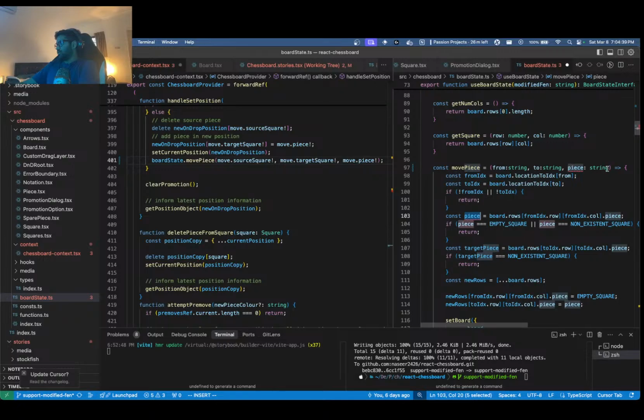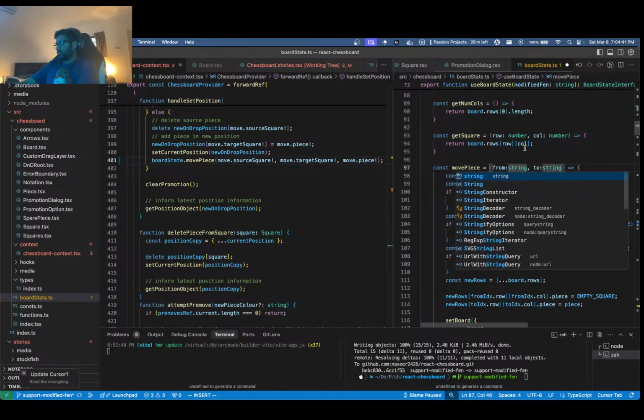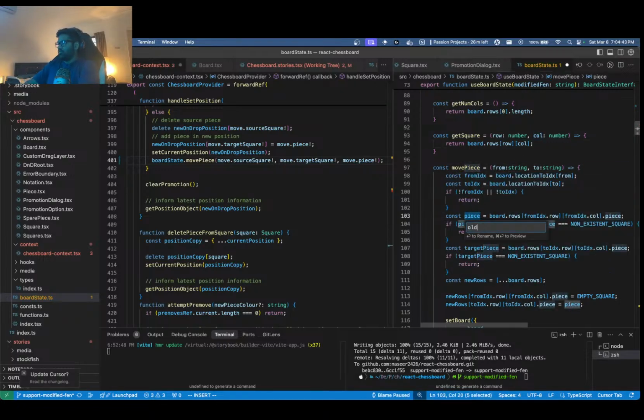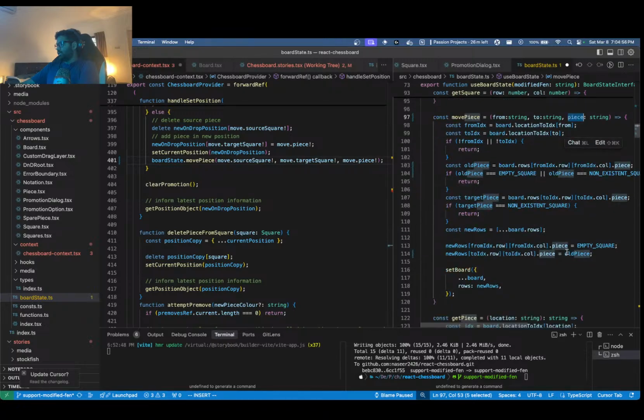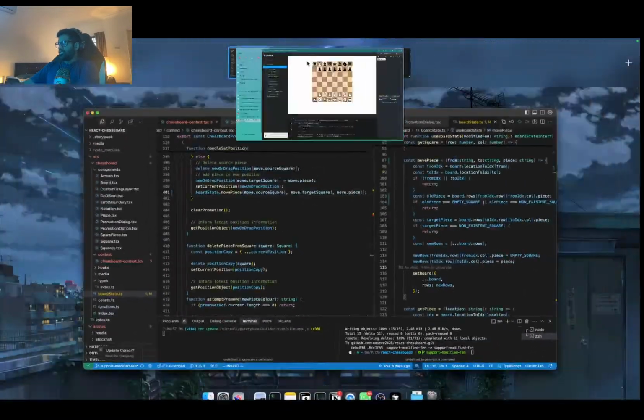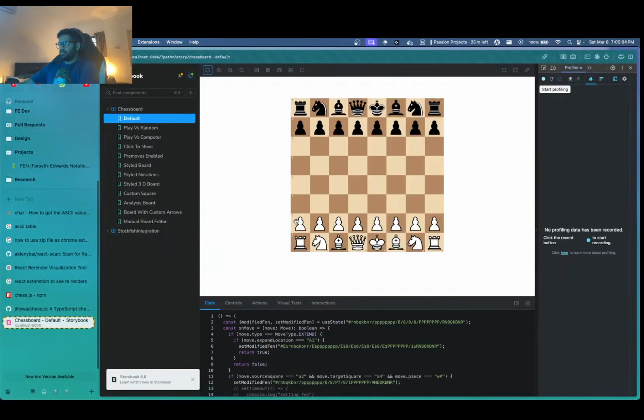I'll change this first to old piece. Piece string, and then I will set this to piece. Now, magically, as though by some miracle,